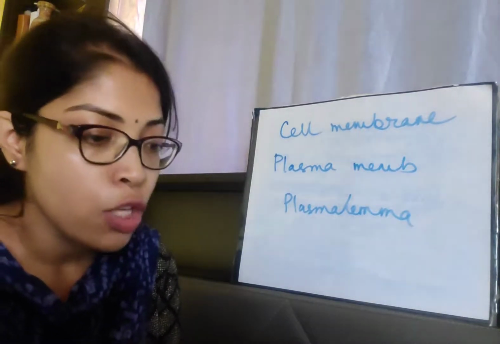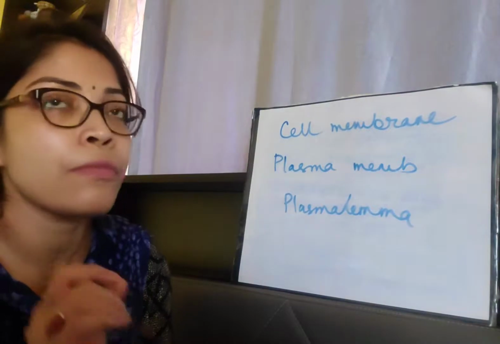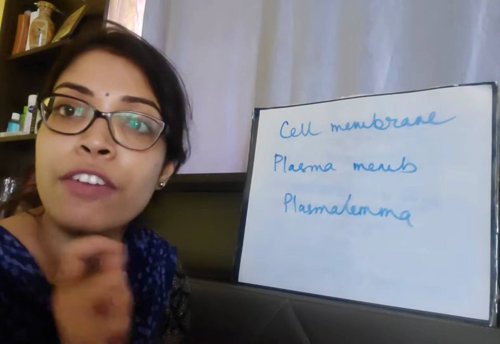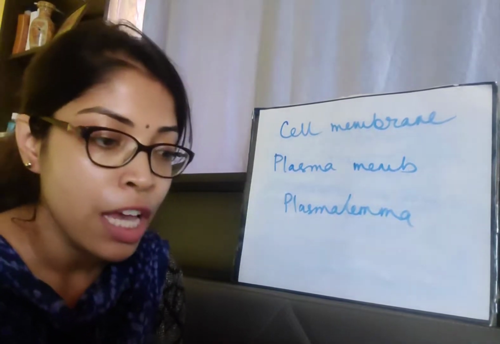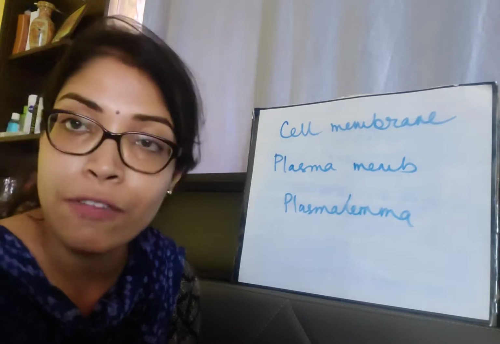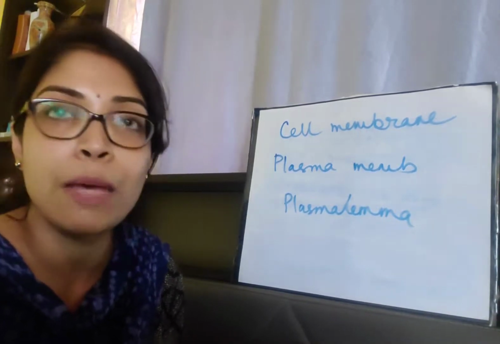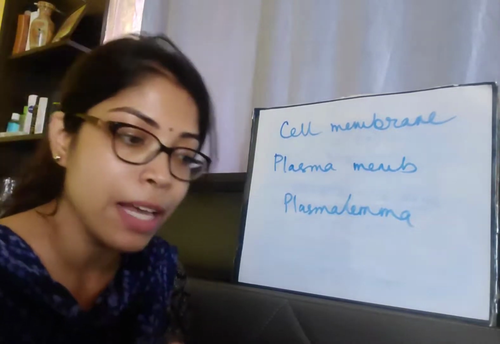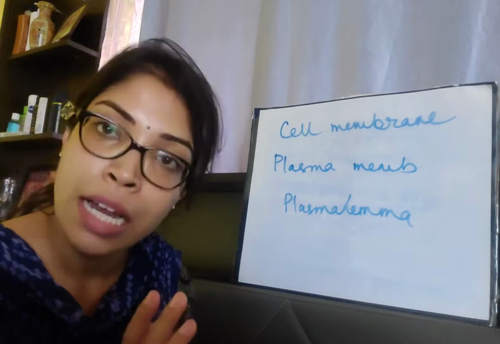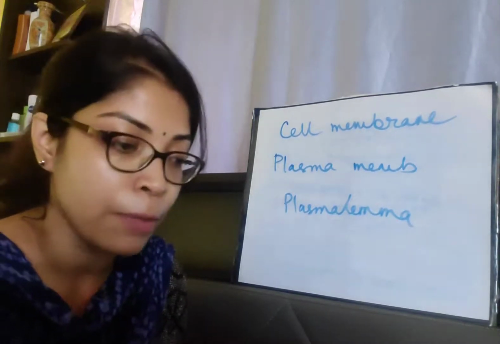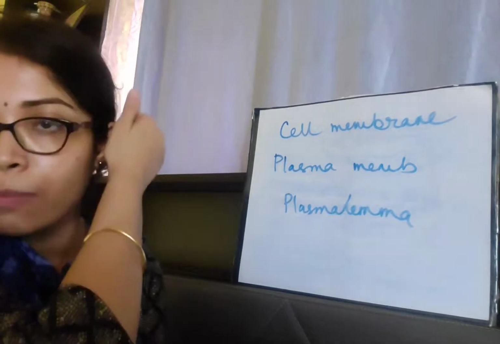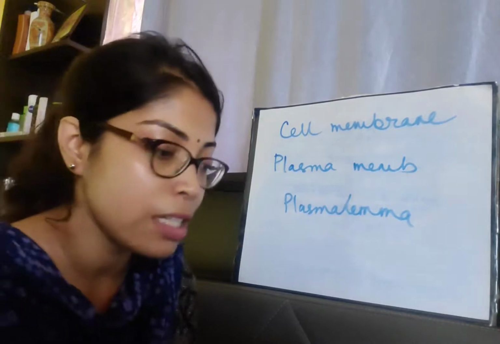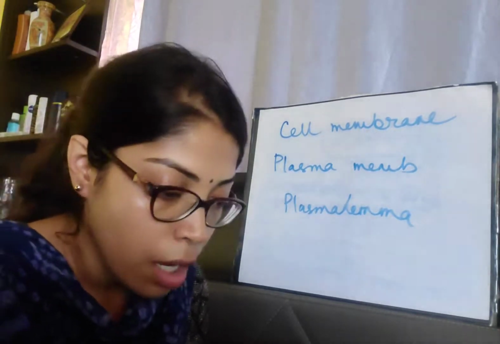So this is all about the four adjectives which are very, very important to know about the cell membrane. Because if you don't know that the cell membrane is selectively permeable, porous, elastic, and made up of lipoprotein, these things you have to remember. That is why I am asking you to go through the definition to know about the cell membrane. Now we will talk about the models of plasma membrane or cell membrane, which is very, very important. There are many models in your book. You will find 5 models.